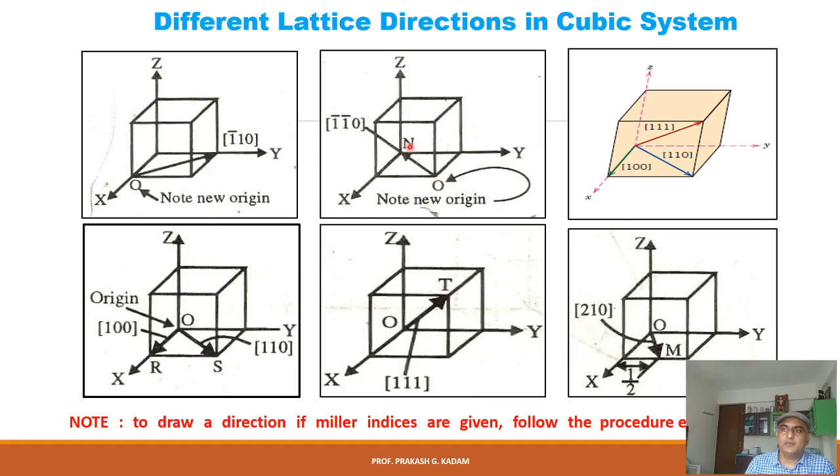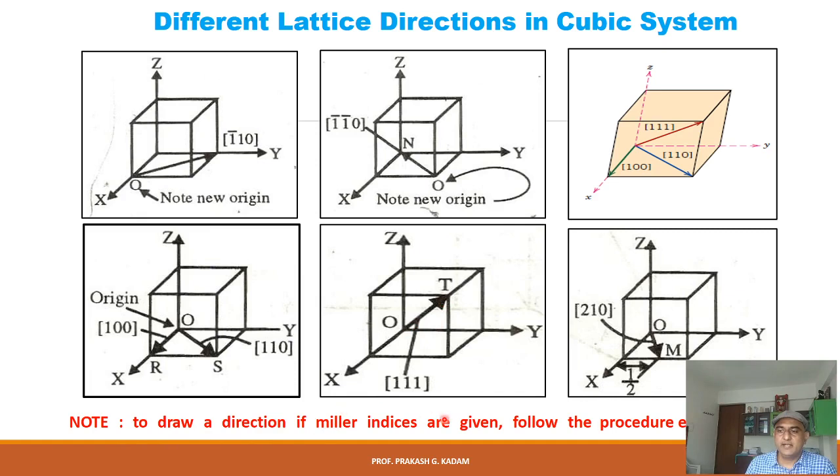If we consider the origin here, then the points will become a negative side, meaning -1 and 0. Suppose I consider the origin here, then what will the point be? I'll draw this direction. What will the indices be? Here -1. When I consider the origin here, this is the positive side and this is the negative side. So x-axis is -1 and y-axis is +1 and z is 0. Similarly, we will consider the origin here. Then these directions are already covered.